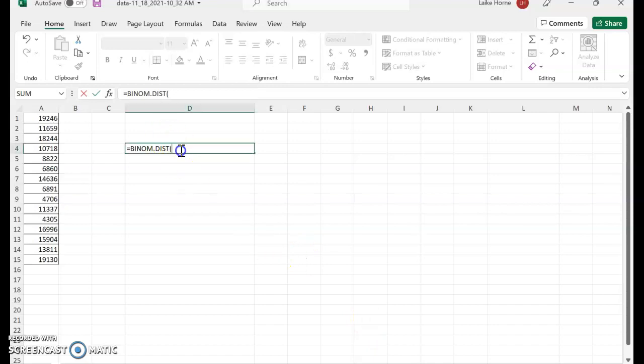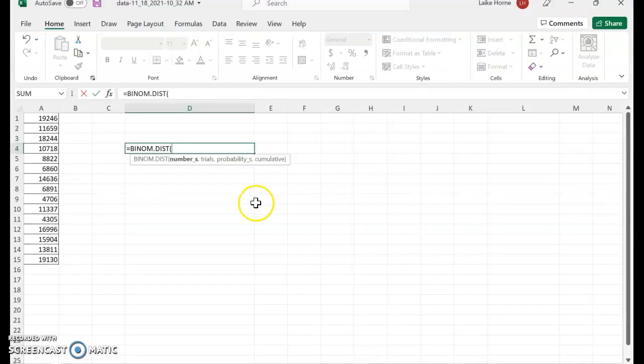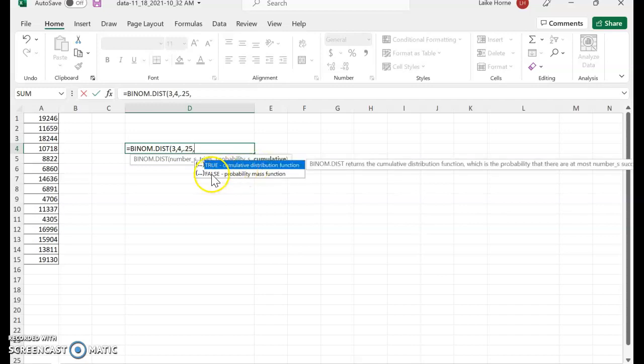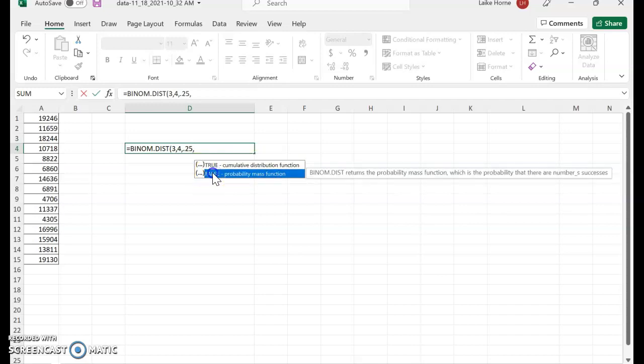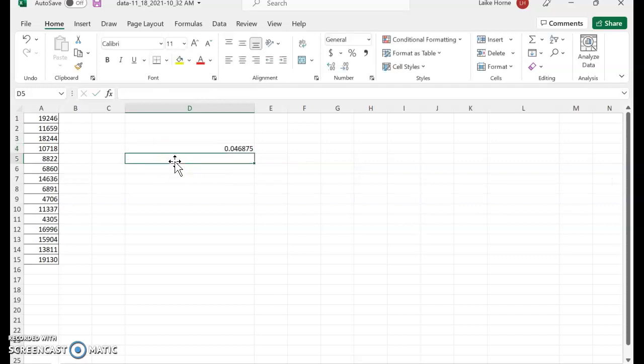And so we said that our successes were 3 and our n was 4. So our successes are 3, so that is what S means. And then 4, and then probability is 0.25, and we just want to put false. We don't want it to be cumulative. We just want it to be equal to the 3. So you get